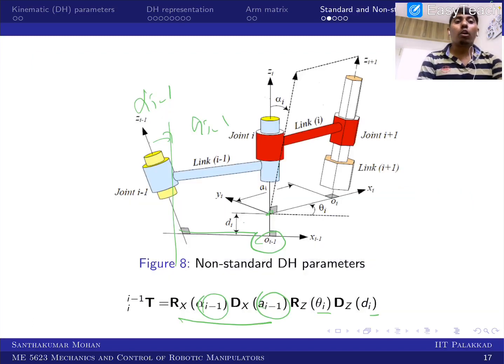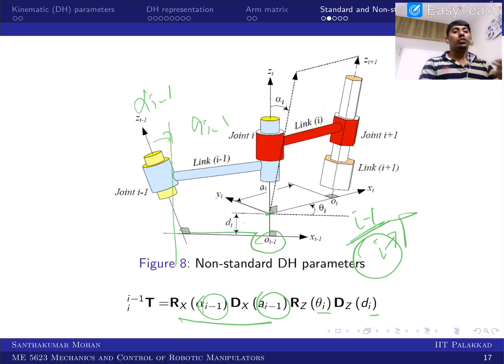What benefit? You are not going to get any confusion. If you are rotating about the I minus 1 frame, you take that as alpha I minus 1, or along x I minus 1, then there is a I minus 1. You don't have any confusion. And it is represented rightly, because you are looking at the ith frame information with respect to I minus 1. So it is definitely agreed upon.